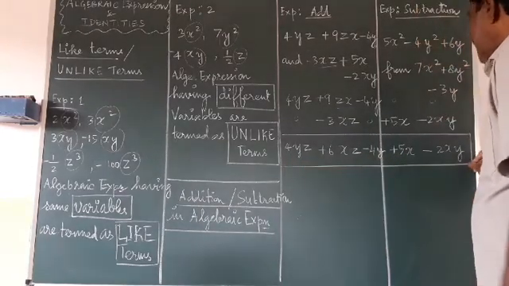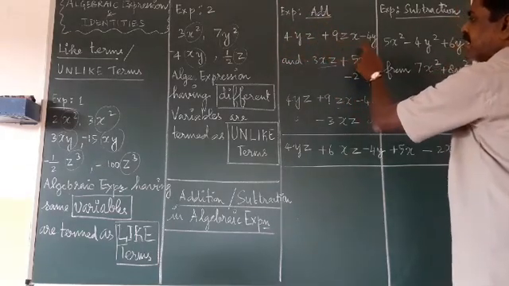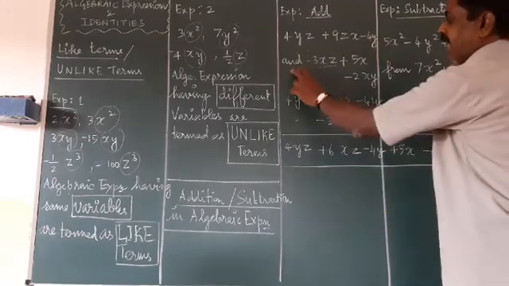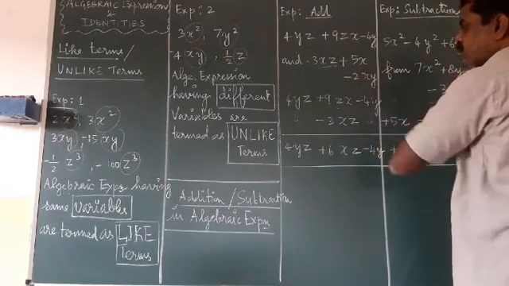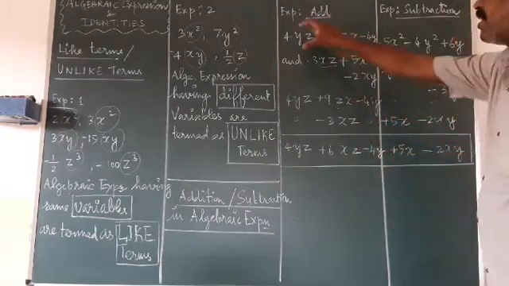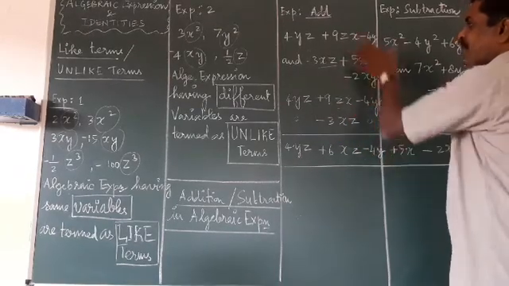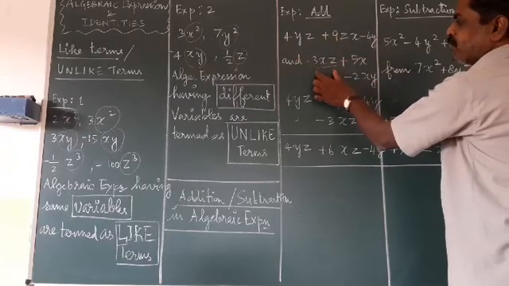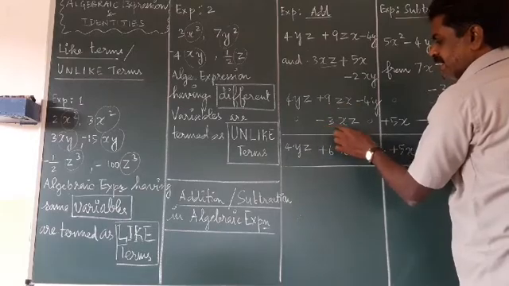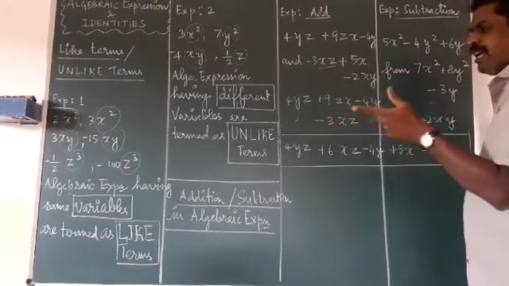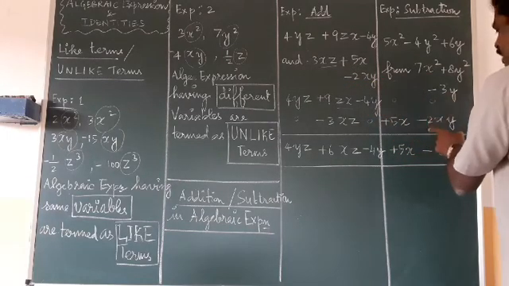What I have written here, you see: add 4yz plus 9zx minus 4y and this one, minus 3xz plus 5x minus 2xy. You have to add both the expressions. First I have written the first expression, 4yz as it is, plus 9zx, minus 4y as it is. Then I am seeing the second expression: under 9zx I am writing minus 3xz, and for 5x there is no x term so I am writing it separately, and for the xy term there is no xy term so I am writing it separately.